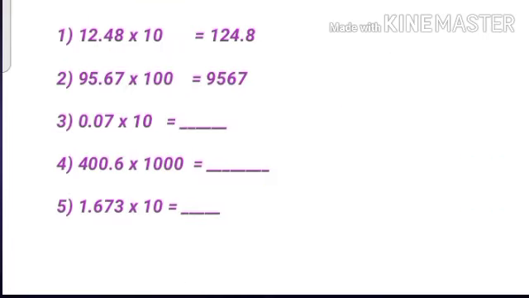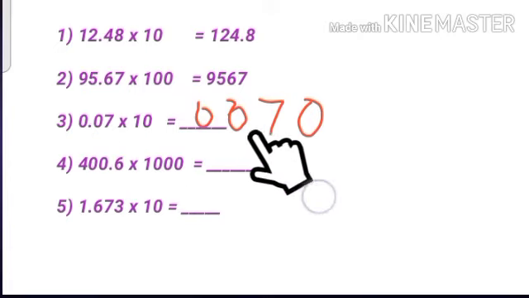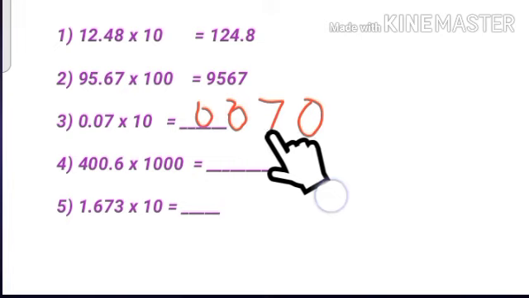Here we have some exercise. Shall we do this? Try to do by yourself. 0.07 multiply by 0. So what is the answer? 0, 0. No need to take any zeros here. You can write all the zeros. Now after 2 digits you have to keep the point, isn't it? After 2 digits. So when you are multiplying you will get this answer. Yes. So 0, 0, 7. It's a whole number I have written.